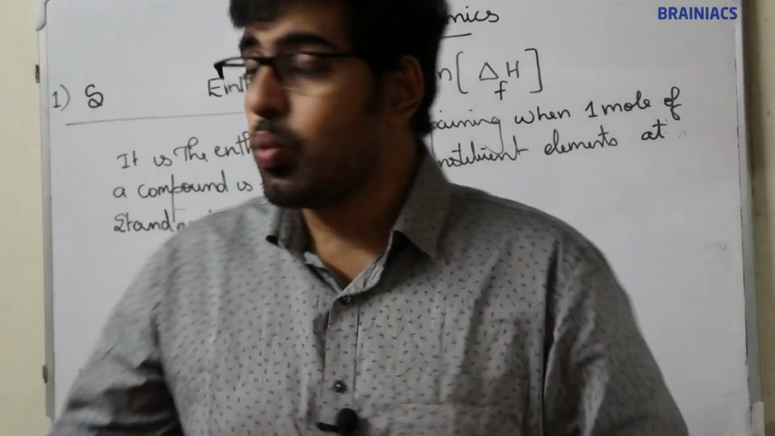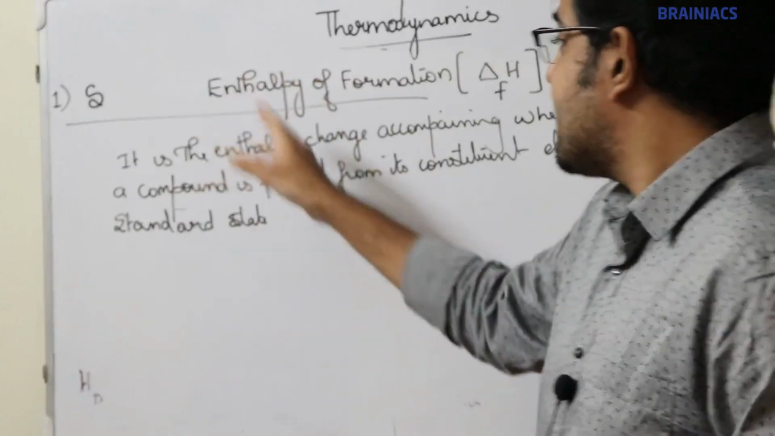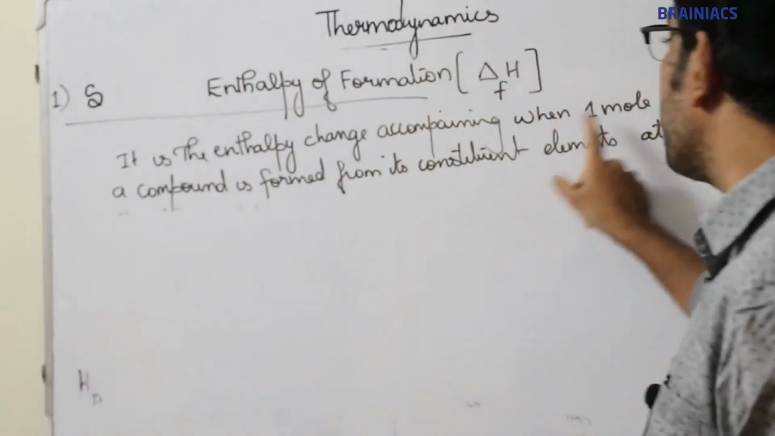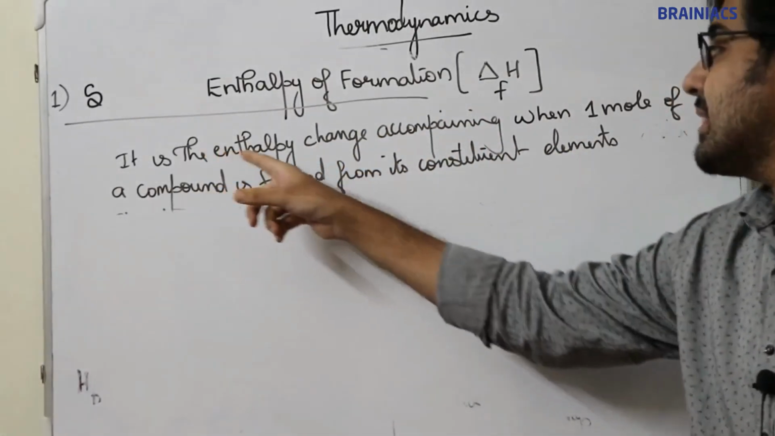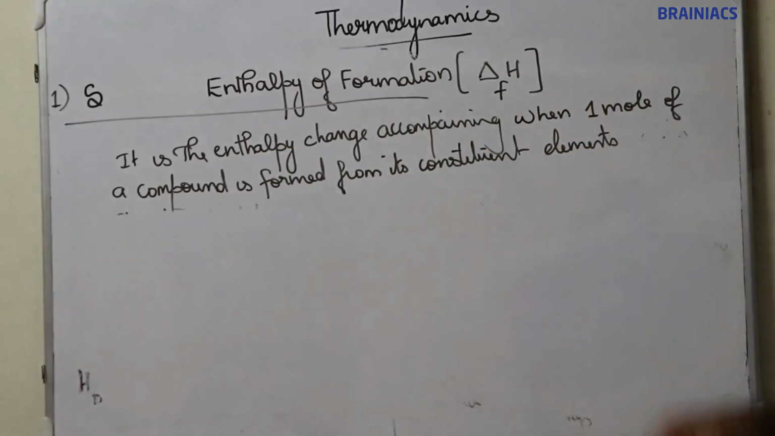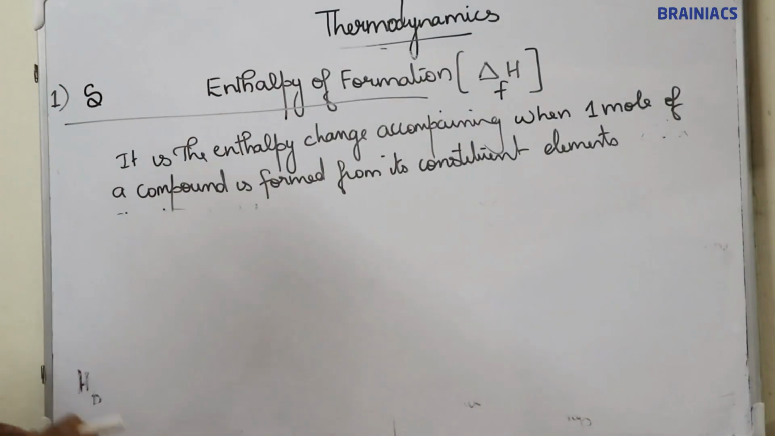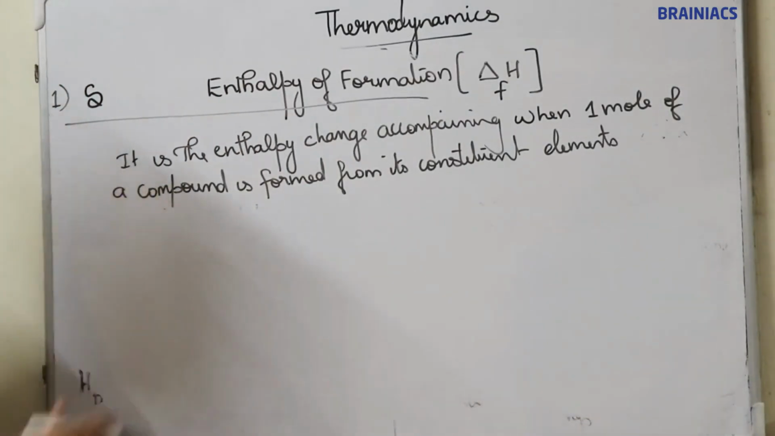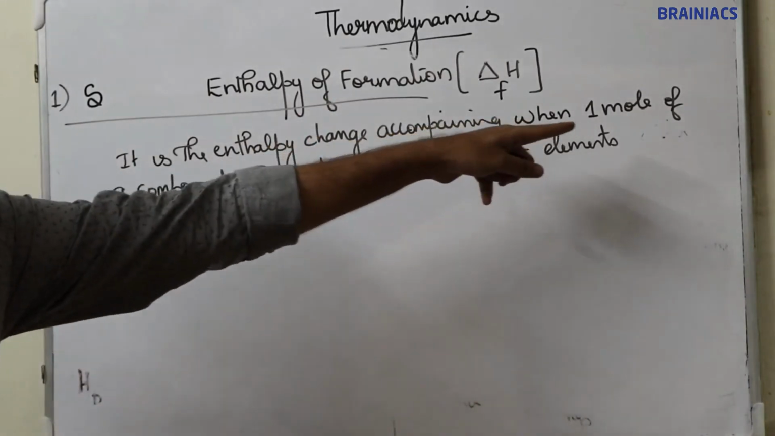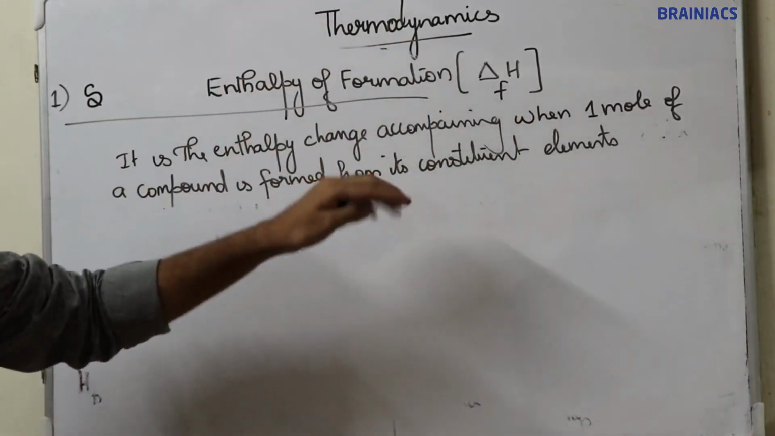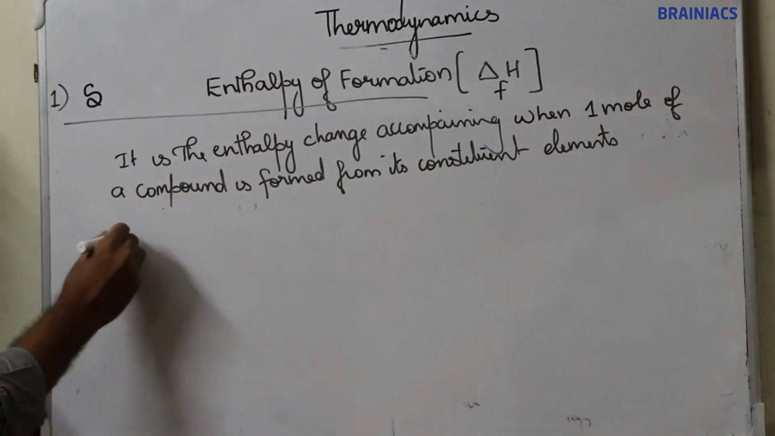So moving on to the first one, enthalpy of formation. Now what is enthalpy of formation? It is the enthalpy change accompanying when 1 mole of a compound is formed from its constituent elements. That means when two or more elements combine to form 1 mole of a compound, the enthalpy change accompanying that reaction is known as enthalpy of formation. For example, consider